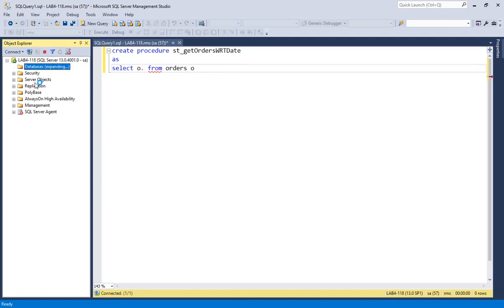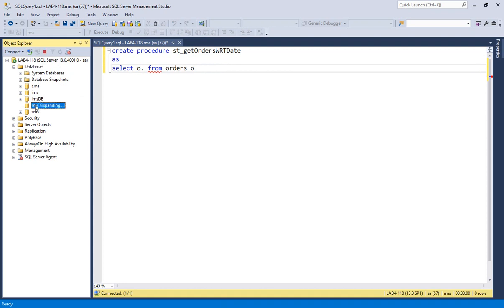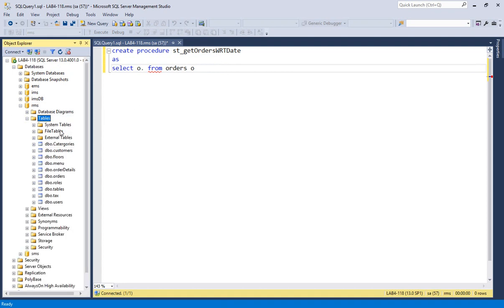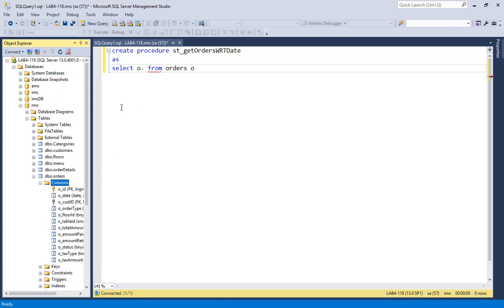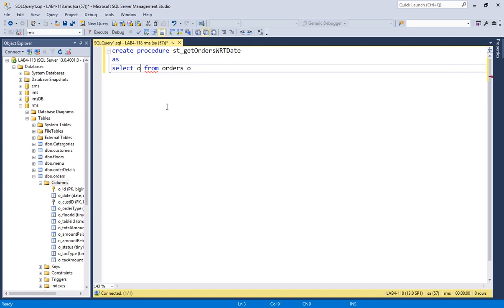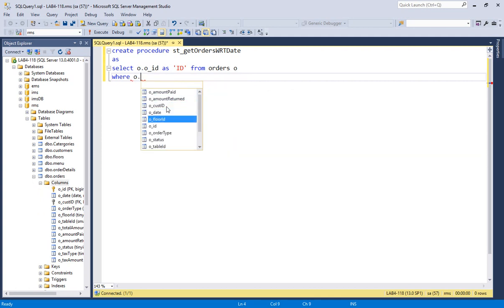What's the name of my columns? So let me select RMS and tables, and the table name is orders, and the column names are order underscore ID. So O dot order underscore ID. Thankfully the IntelliSense has appeared, and then the ID, okay. So order IDs are appearing, okay. So what type of orders should be displayed? Where order dot date is equals to, let's say let me give today's date